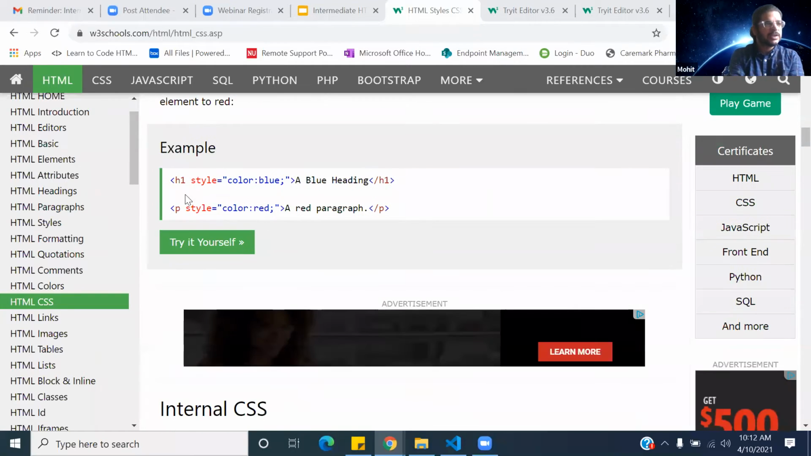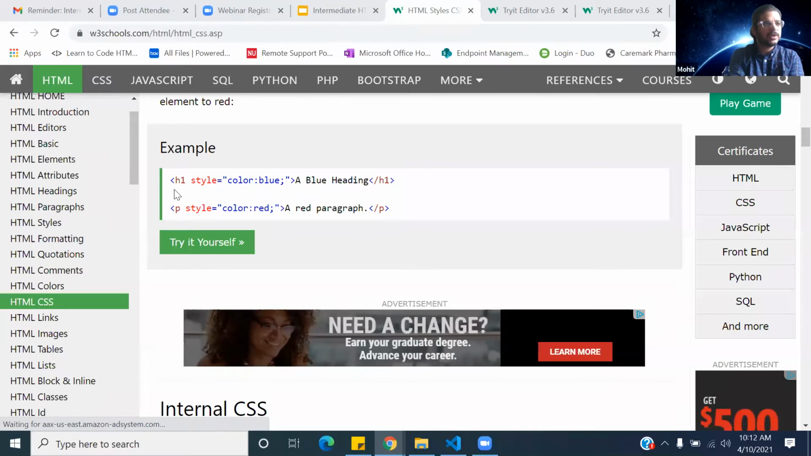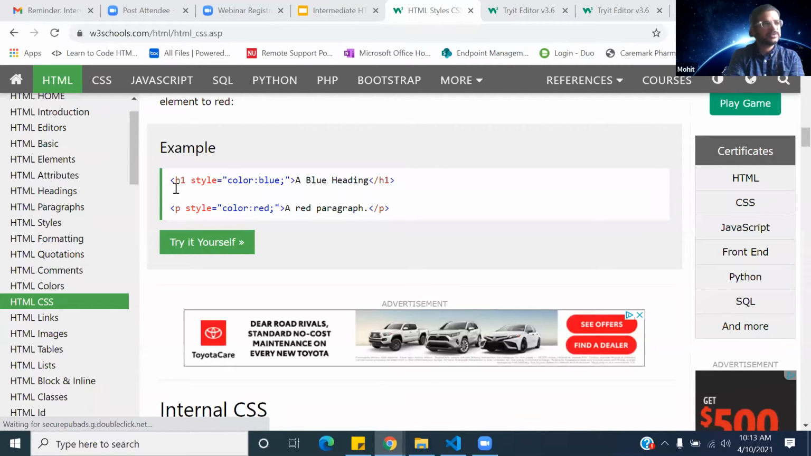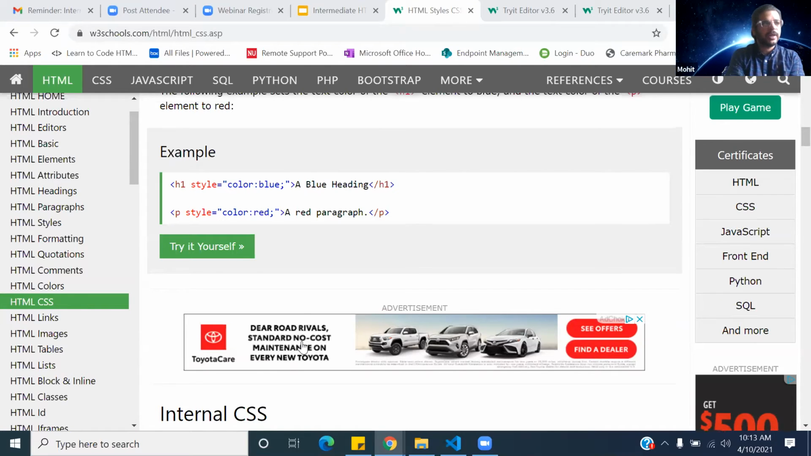So inline CSS. As you can see here is H1, a heading from our previous classes. We know about that. Heading is a blue heading, but I'm writing the code within the element. So I'm writing H1 style color blue, a blue heading. So it will be blue. We are specifying the color. So this is called inline